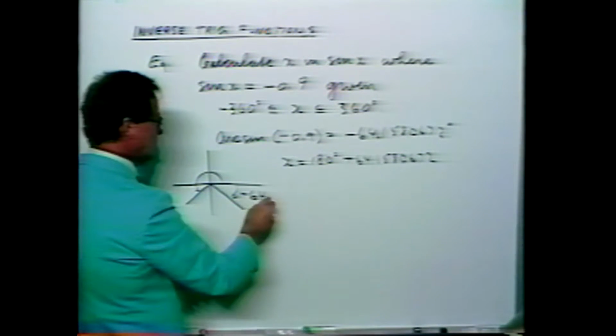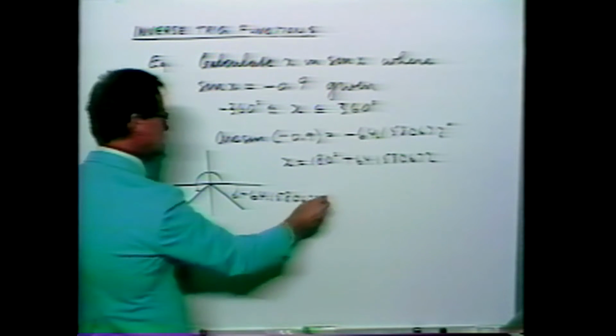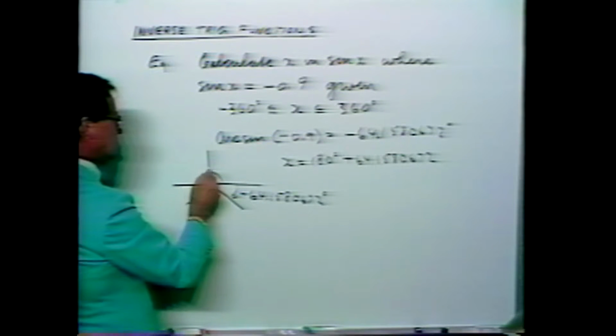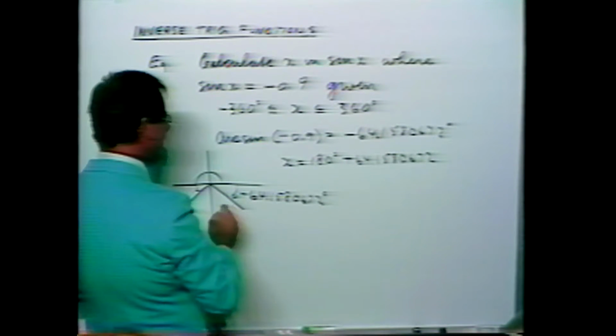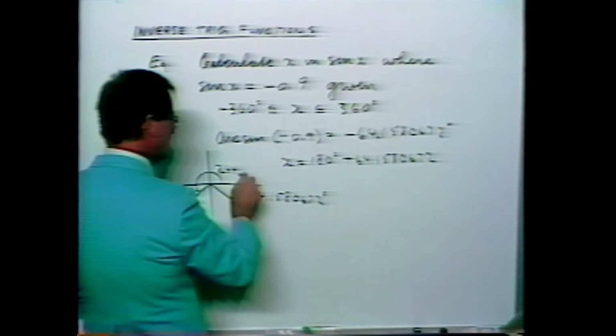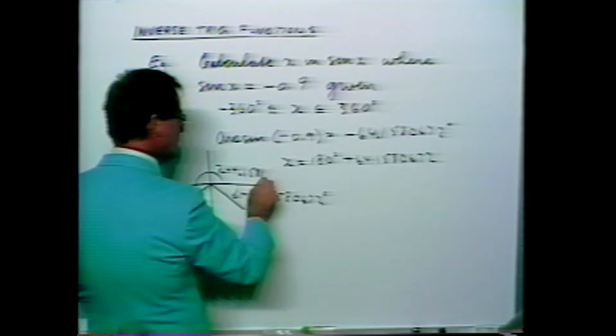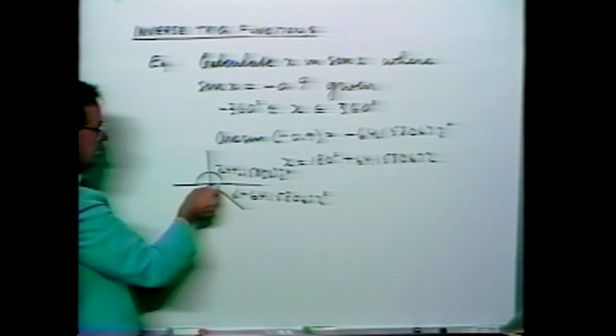Negative 64.1580672 degrees, and this sum, which equals 244.1580672 degrees. But you'll notice that we have other solutions too that are related to those angles. In other words, if we continue